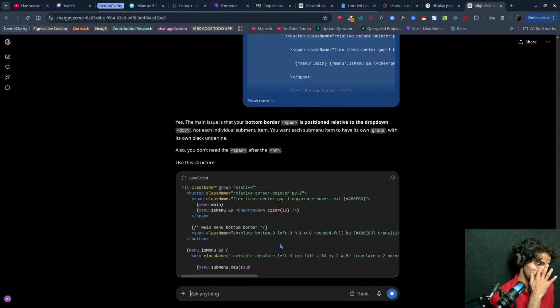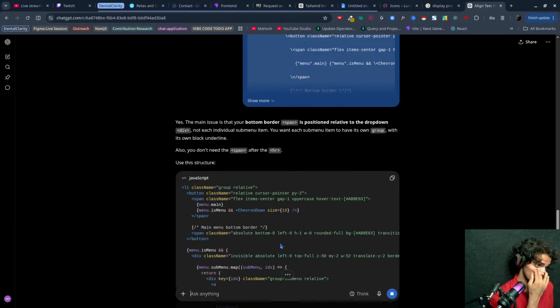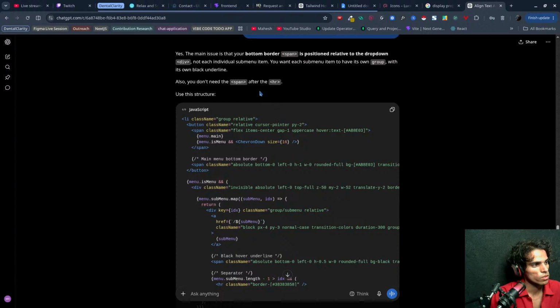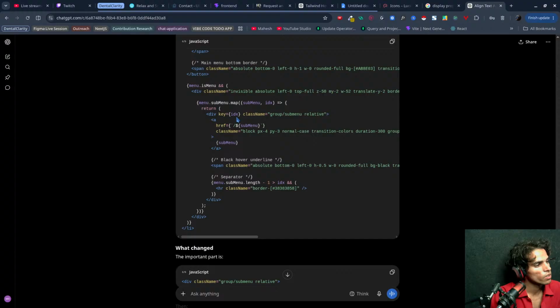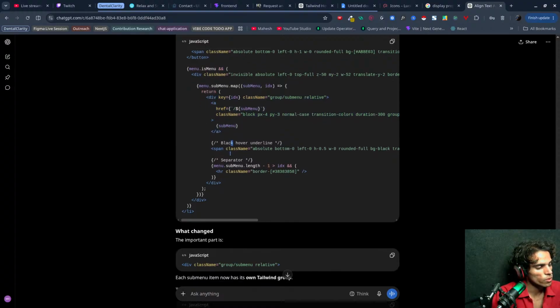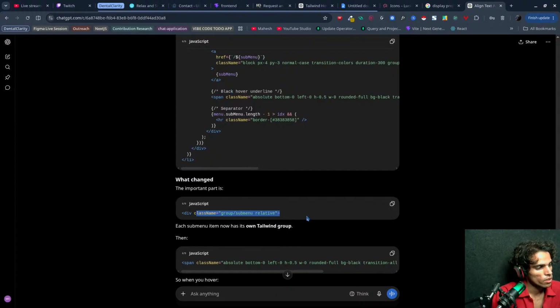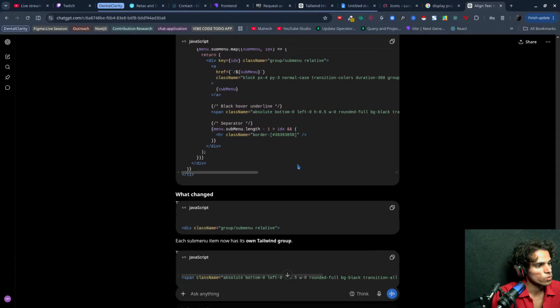Let's see. This relationship is bottom percent related to the drop down submenu. You want the submenu to be positioned relative to it. So what we are going to do, inside this we'll have this, and then put in a group submenu relative.